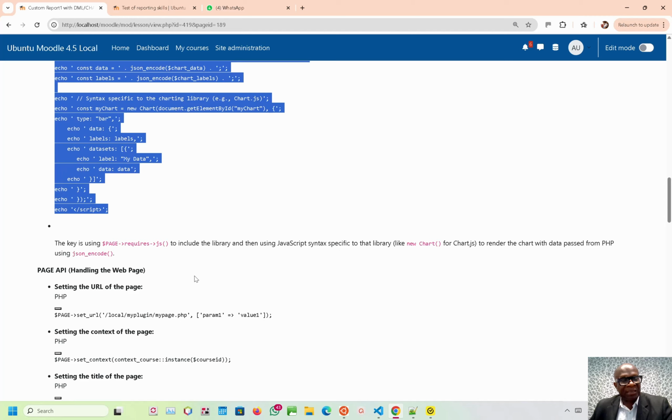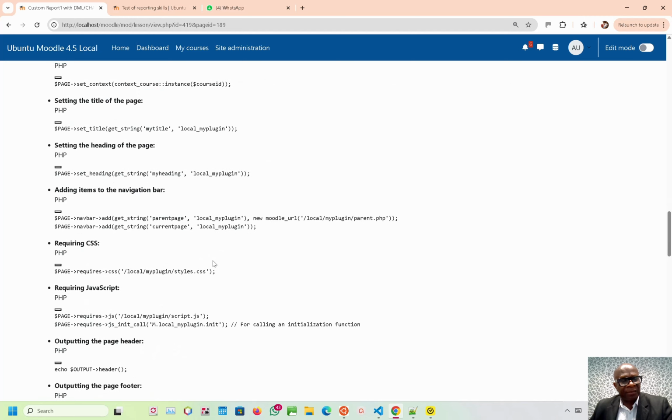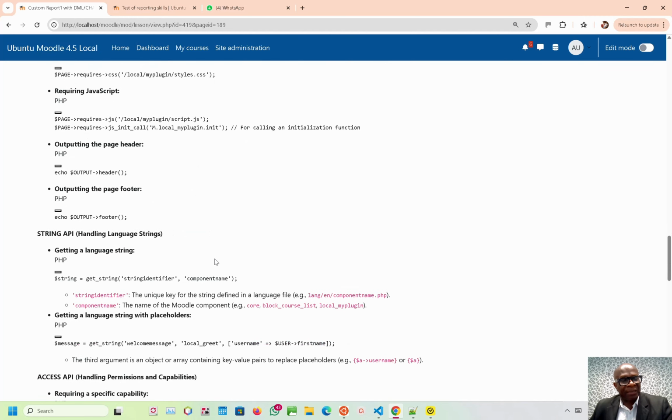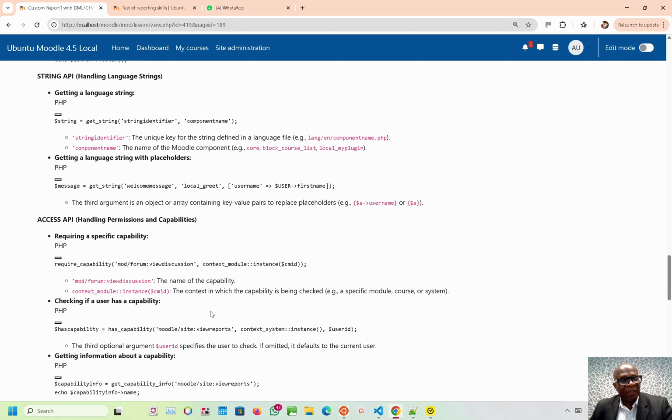Then with the page API, again, we're just rounding up here. We're just summarizing the APIs we're going to be using. You're already familiar with this, but you can always come back here if you're trying to recall what we did. The same thing with string and access. Okay, so